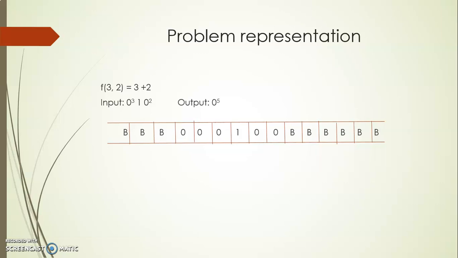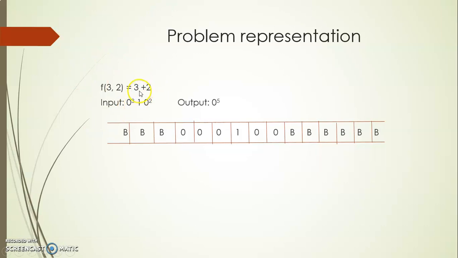But here in Turing machine we have only two components. What are they? One is the finite control, which is nothing but the states, and another one is the input tape. So here in input tape we have to store the input upon which the Turing machine will operate. Whatever function we want to perform, first of all that input has to be represented or stored in the tape. So here we store the input 3 plus 2. It may be of any size. For instance, here we have taken it as 3 and 2, right?